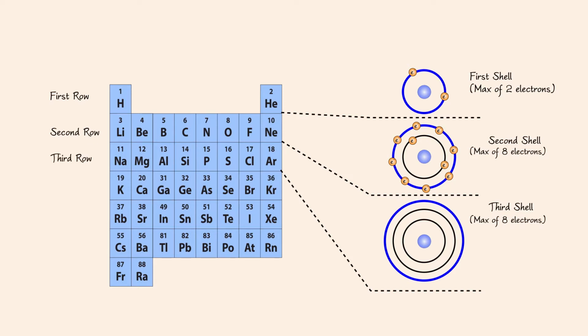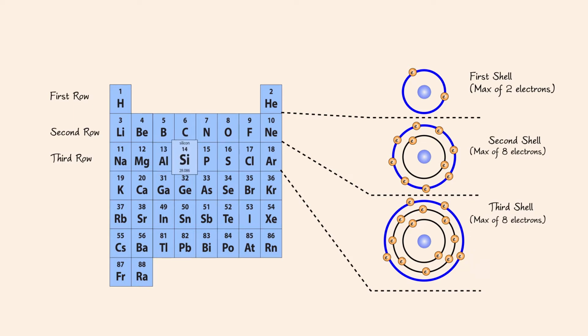Atoms of the third row have a total of 3 electron shells. The first 2 shells are completely occupied. Sodium starts off the third row and has 1 electron in its valence shell. Moving from left to right, magnesium has 2 valence electrons, aluminum has 3,